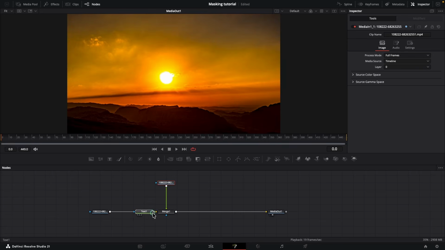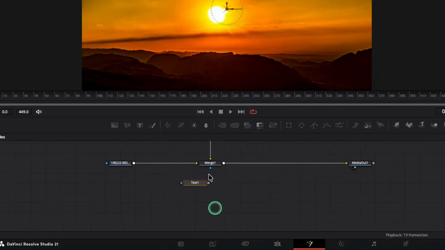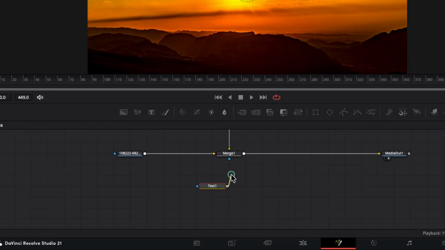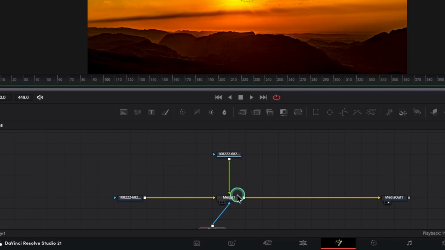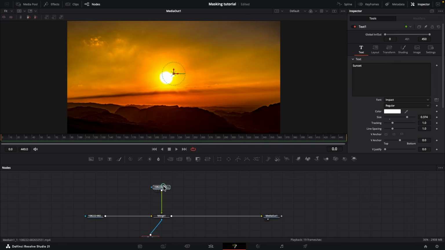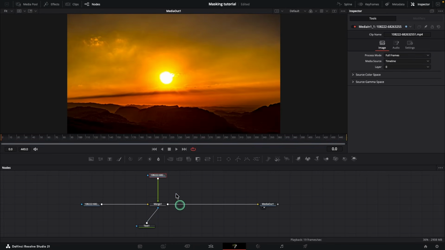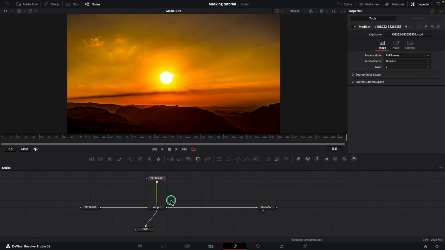I'm going to bring my Text Plus node down here and I'm going to use it to mask the footage. Take the output of the Text Plus node and connect it to the blue input of the merge. Now everything that's connected to the foreground of this merge will be limited to the text and masked out by it. Right now we can't see anything because we're simply overlaying the same footage on top of itself, so nothing